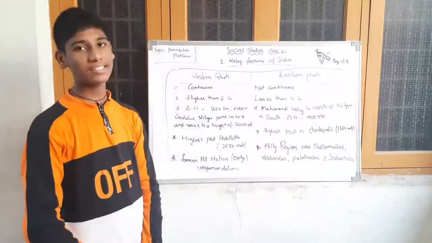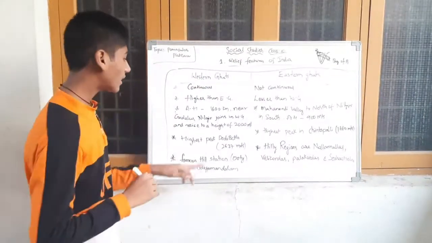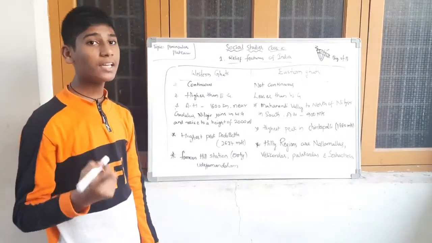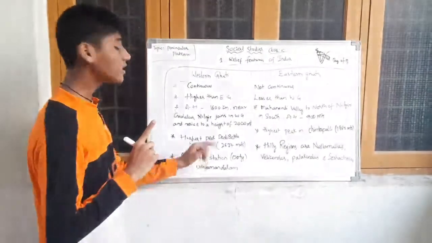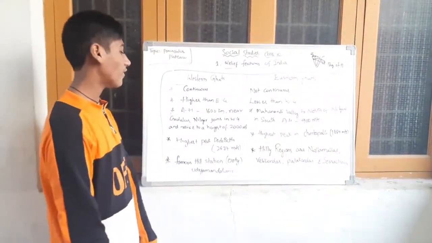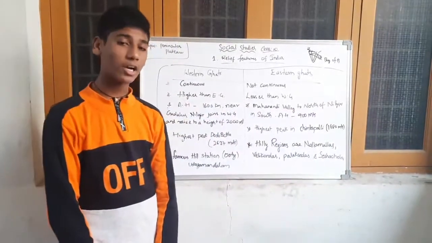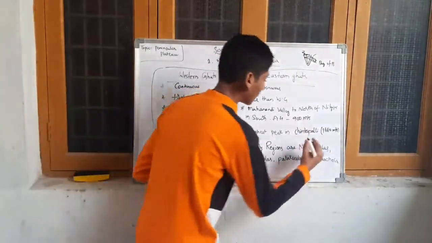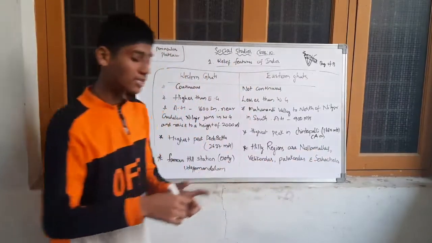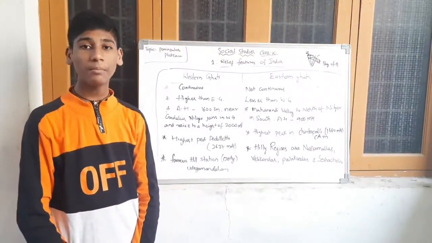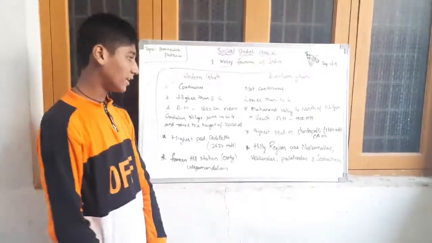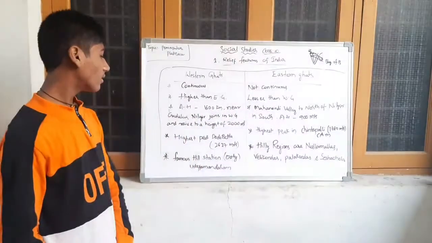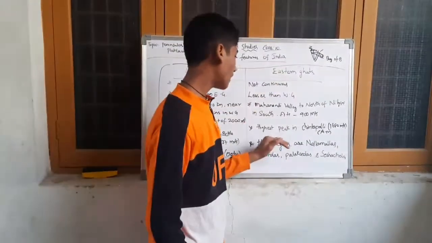And the highest peak in Western Ghats. The highest peak in Western Ghats is Doda Betta. You can get a one mark question or multiple choice. What is the highest peak in Western Ghats? Doda Betta, 2637 meters. And the highest peak in Eastern Ghats. What is the highest peak in Eastern Ghats? Chintapalli. It is located in Andhra Pradesh. The highest peak is 1680 meters. In Western Ghats, the highest peak is Doda Betta. In Eastern Ghats, the highest peak is Chintapalli.